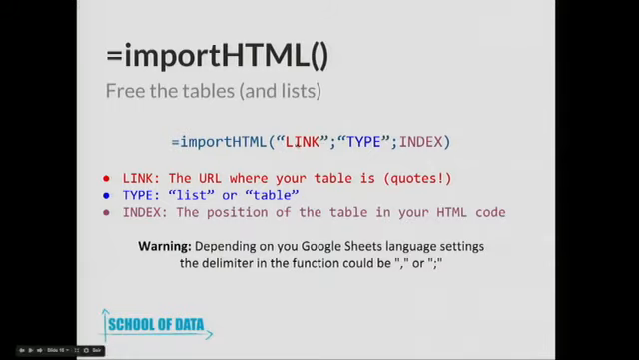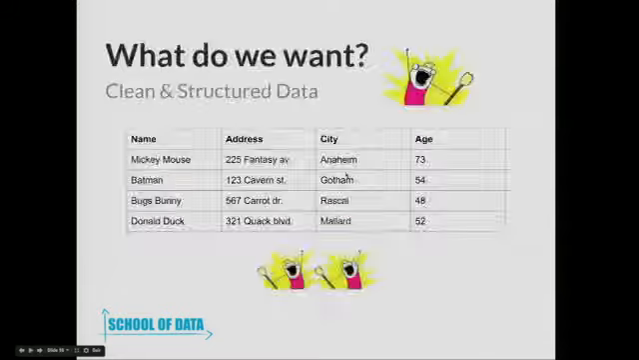The first one is the link in red, so the URL where the table is. The second one is the type, so import HTML accepts 2 types of scraping. It scrapes tables and it scrapes lists. So you need to type table or list here in type. And the last parameter is index. This index is the position of the table